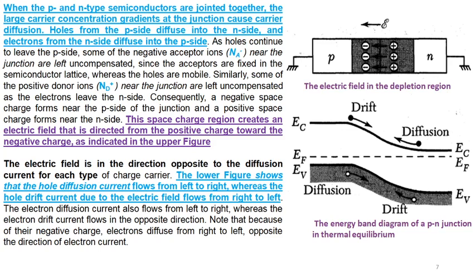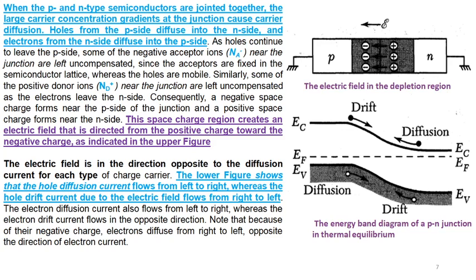Then you see here in the upper figure the electric field in the depletion region when we join together P and N type semiconductor. The large carrier concentration gradient is there, so the holes from the P side can diffuse into the N side, and electrons from the N side can diffuse into the P side. This continuous process is there, and due to this diffusion, the holes continually leave the P side, leaving a negative acceptor, and similarly on the N side,